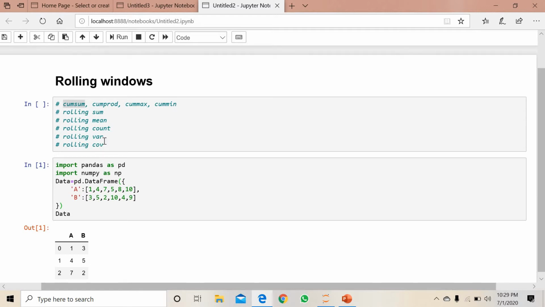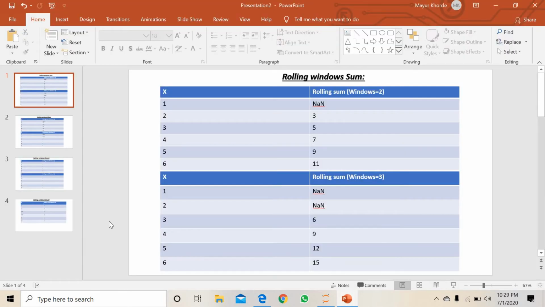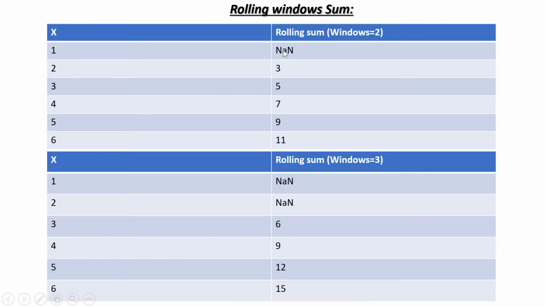Now we'll see the rolling function, how this will work, rolling windows. First of all, we need to go and see the theory tutorial. You can see over here the rolling windows sum. On this x coordinate, we can see a dataset that consists of 1, 2, 3, 4, 5 and 6 elements. Now if you do the rolling sum with windows equal to 2, what does this window do?